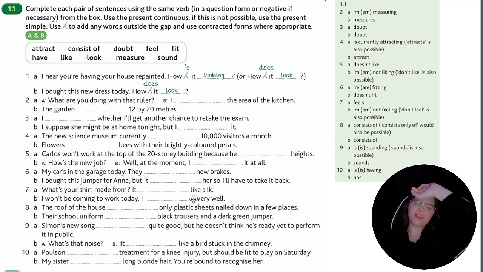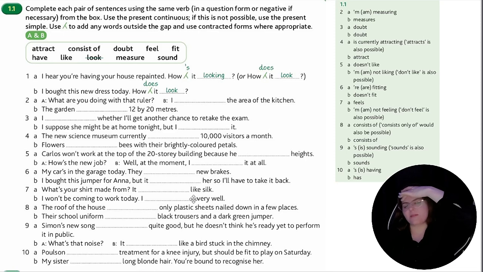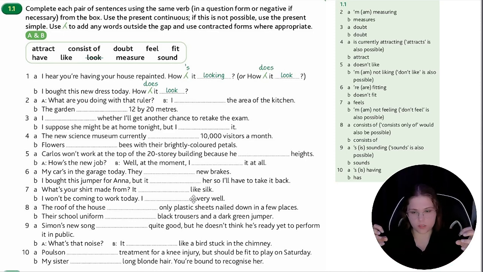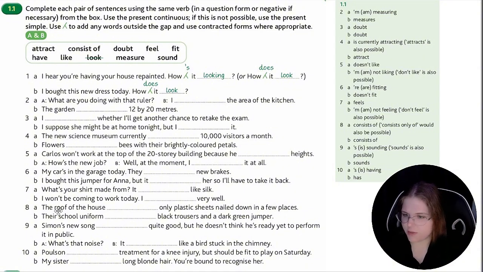This is happening right now. It has begun recently. It is happening now, and in the future I will feel not very well, and I'm so bad, I'm so sick, and so on. So this is something which is used to emphasize the progress of this feeling. But I don't feel very well. Next, the roof of the house consists